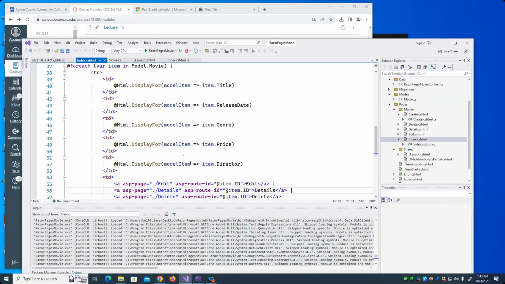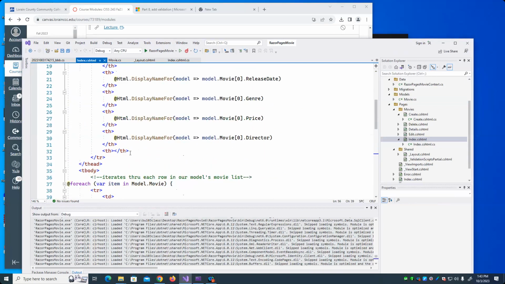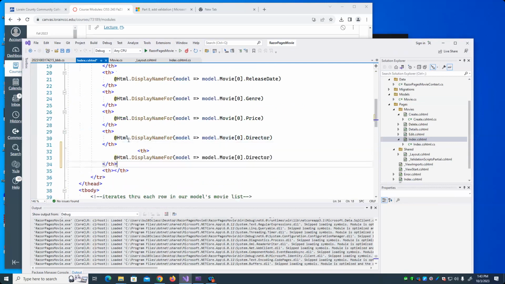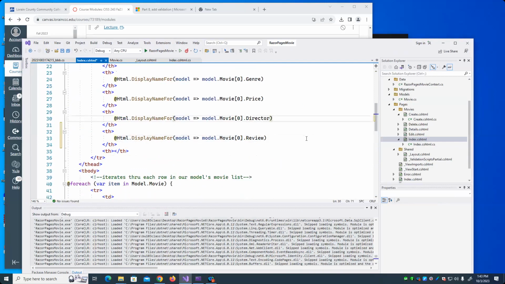Over here, what we'd have to do is go and add